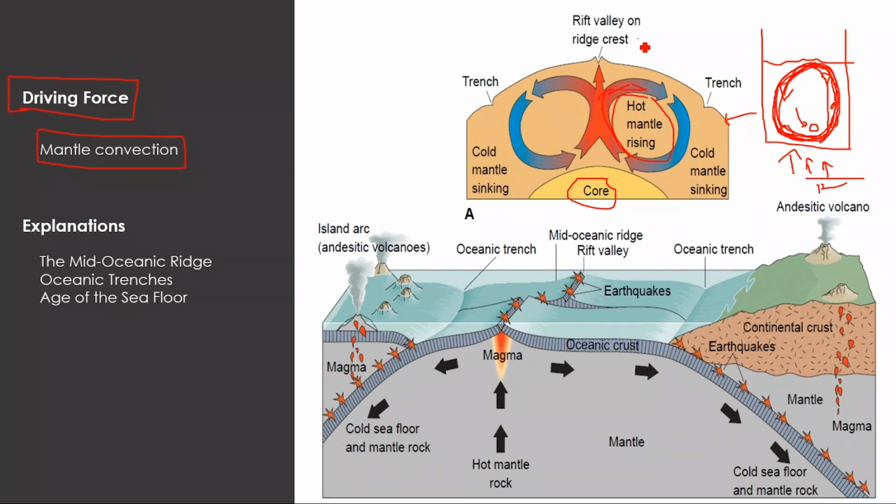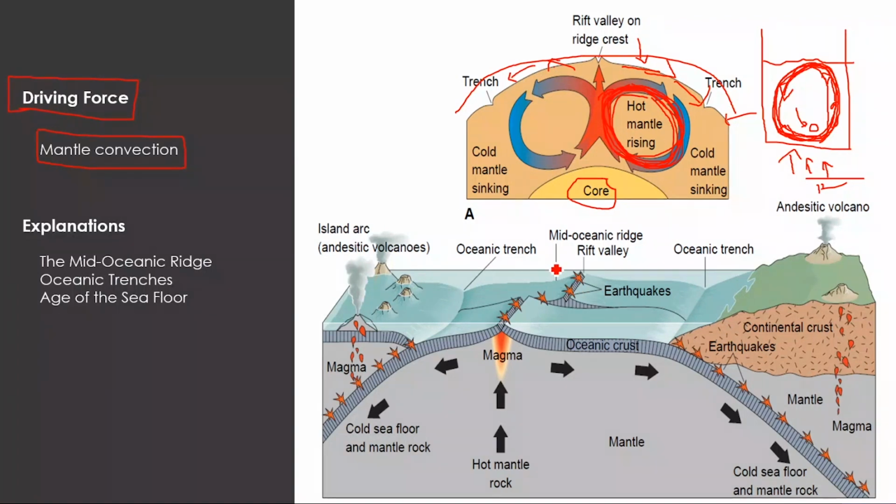When it reaches towards the crust, it will cool down, and this cooled material will come to the bottom. So this creates a kind of convection current. It creates a kind of rotational movement of this magma in this part. This rotational movement will exert some forces on the bottom portion of the crust which is overlying this mantle. So these forces create a